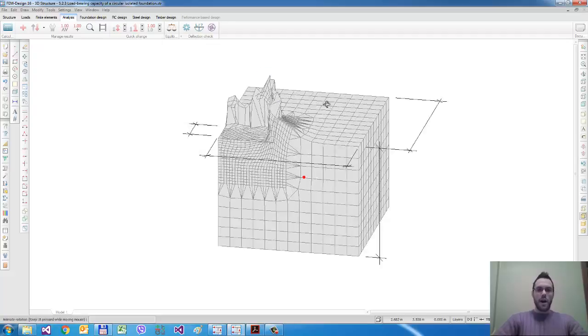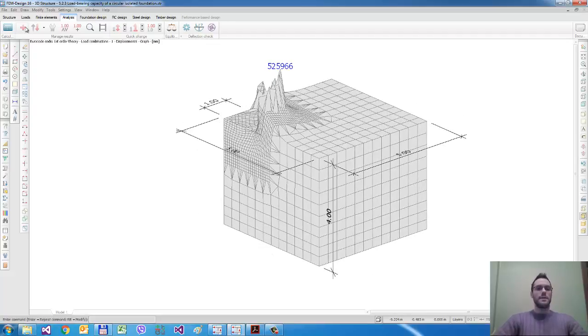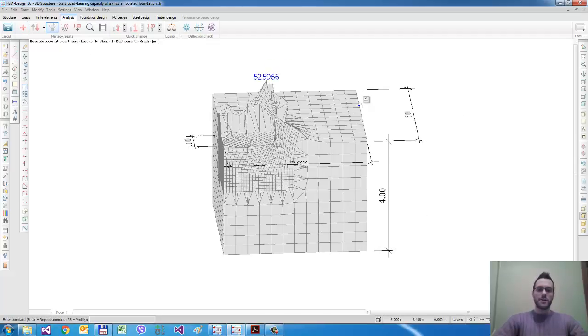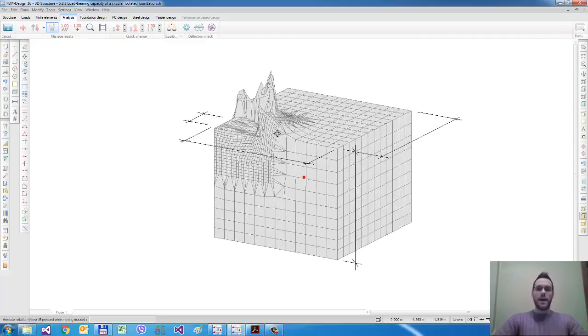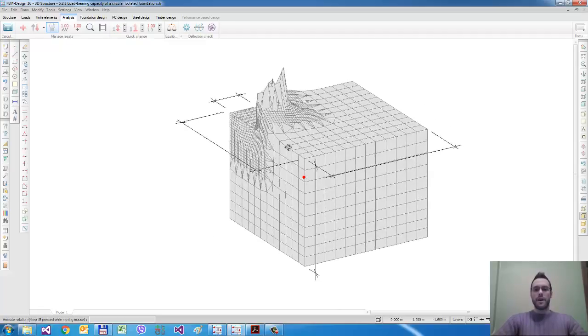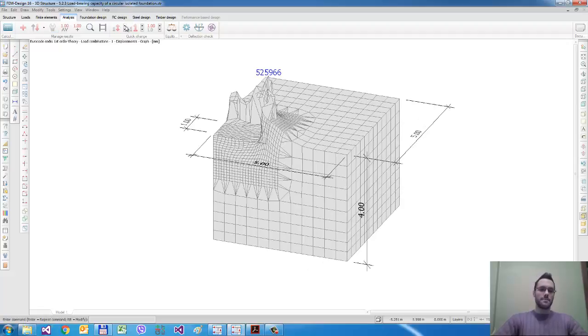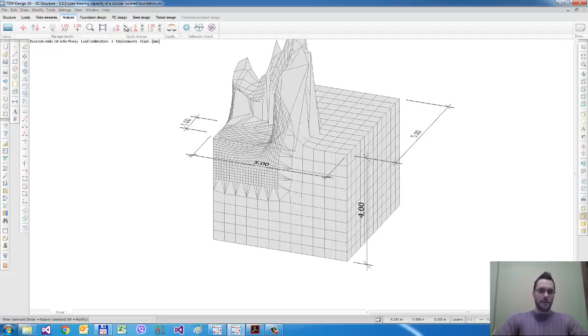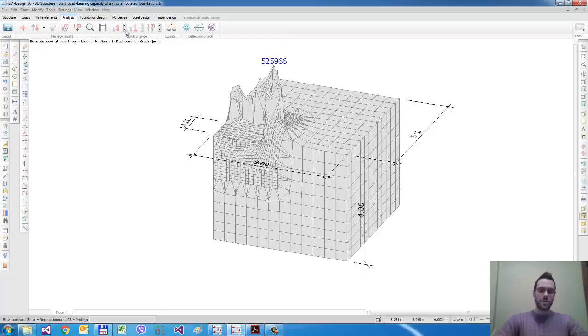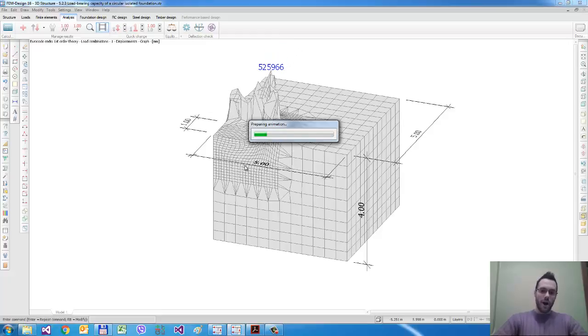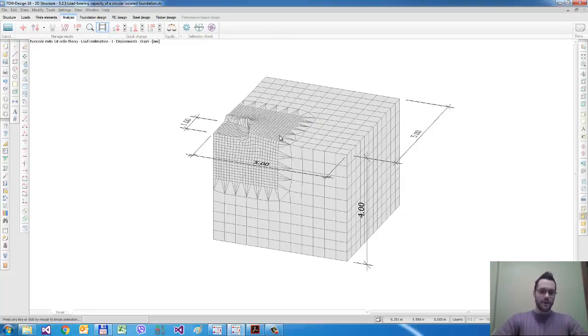So it means that according to these applied loads, the foundation loses its stability, and in this case we have a very large plastic deformation under the slab, under the circular foundation. And you can see here also that around the foundation we have the settlements and we have the slip surface somewhere here, but the rest of the soil block has almost zero displacement, so far from the foundation slab,